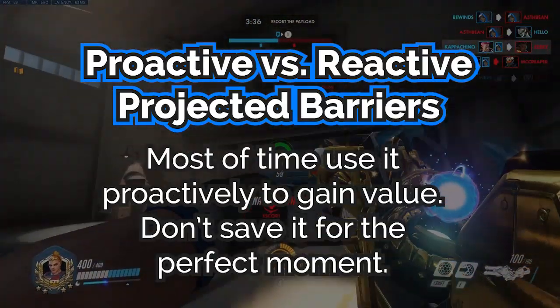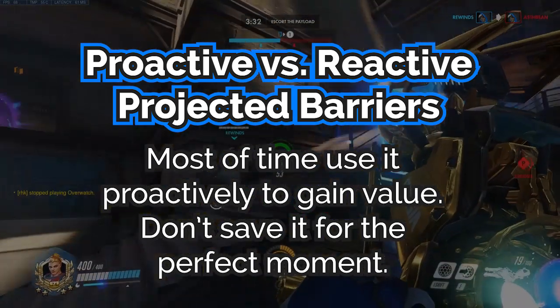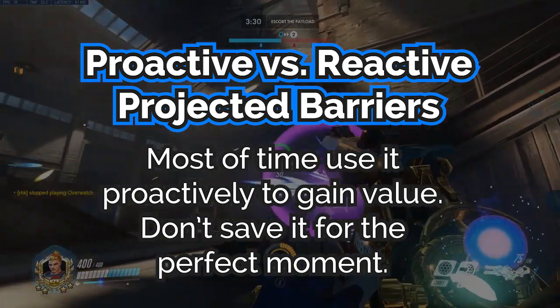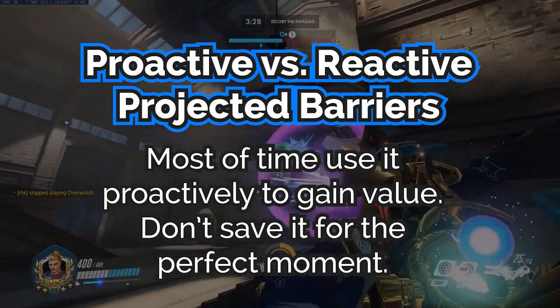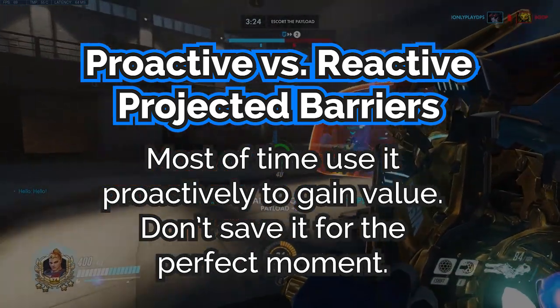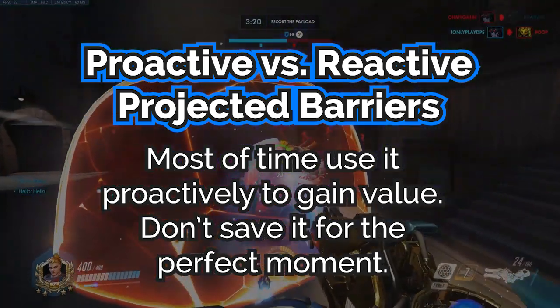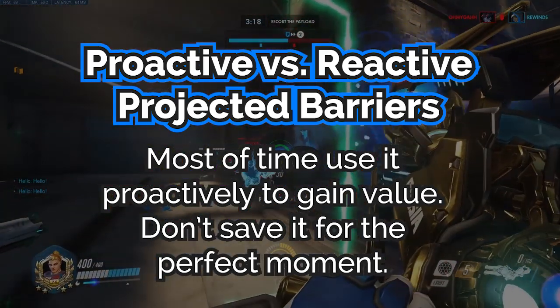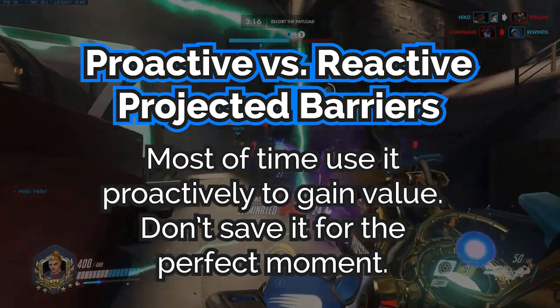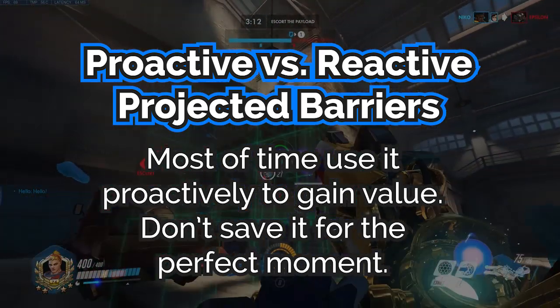In general, you want to prioritize using them proactively instead of reactively saving it for the perfect moment. So instead of waiting until someone gets hooked, you should look to bubble your main tank when he initiates in order to gain energy and create space. Saving bubbles will cause you to miss out on opportunities to gain energy leading up to a fight, which as mentioned at the beginning of this video is the main goal of Zarya and will help you maximize your impact